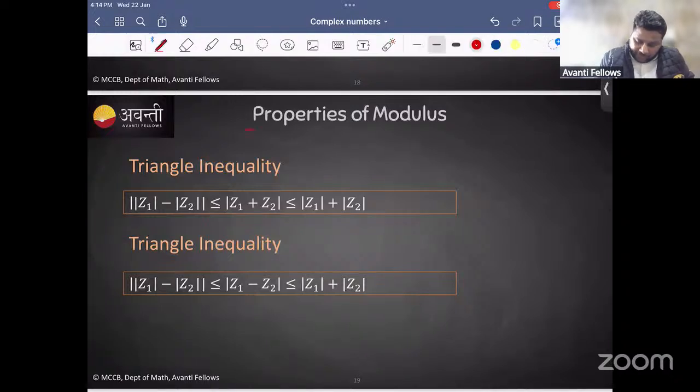Now, this is what we call the triangle law inequality, properties of modulus. What is the triangle inequality? That magnitude Z1 minus magnitude Z2, mod, is less than or equal to... See, the triangle inequality states, let us assume